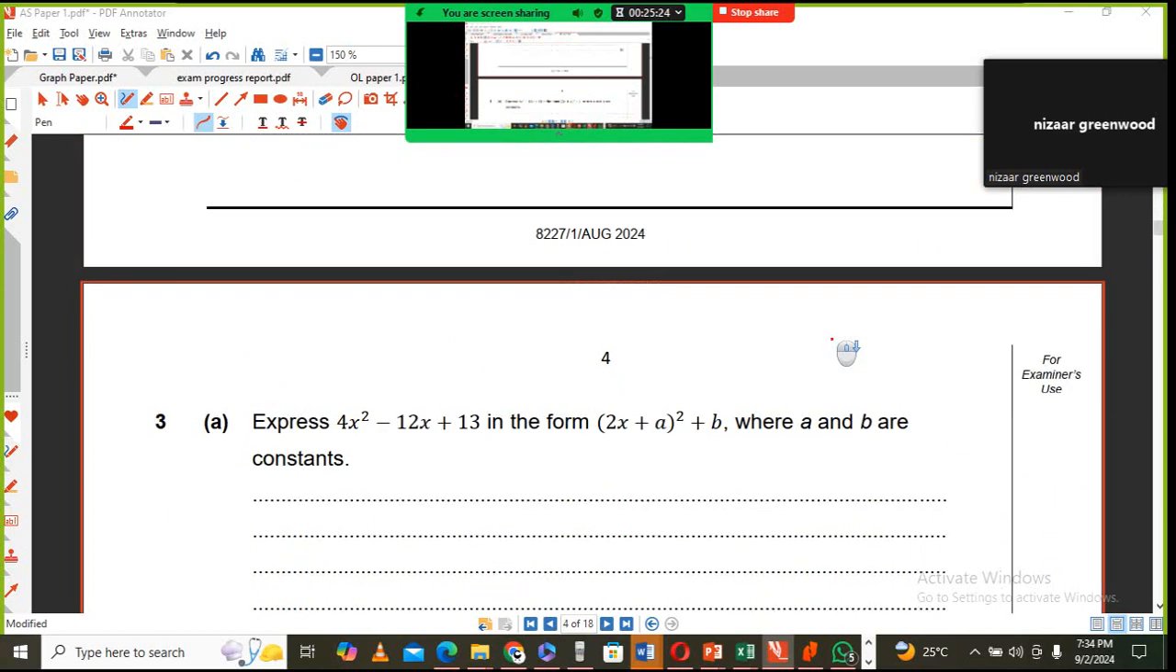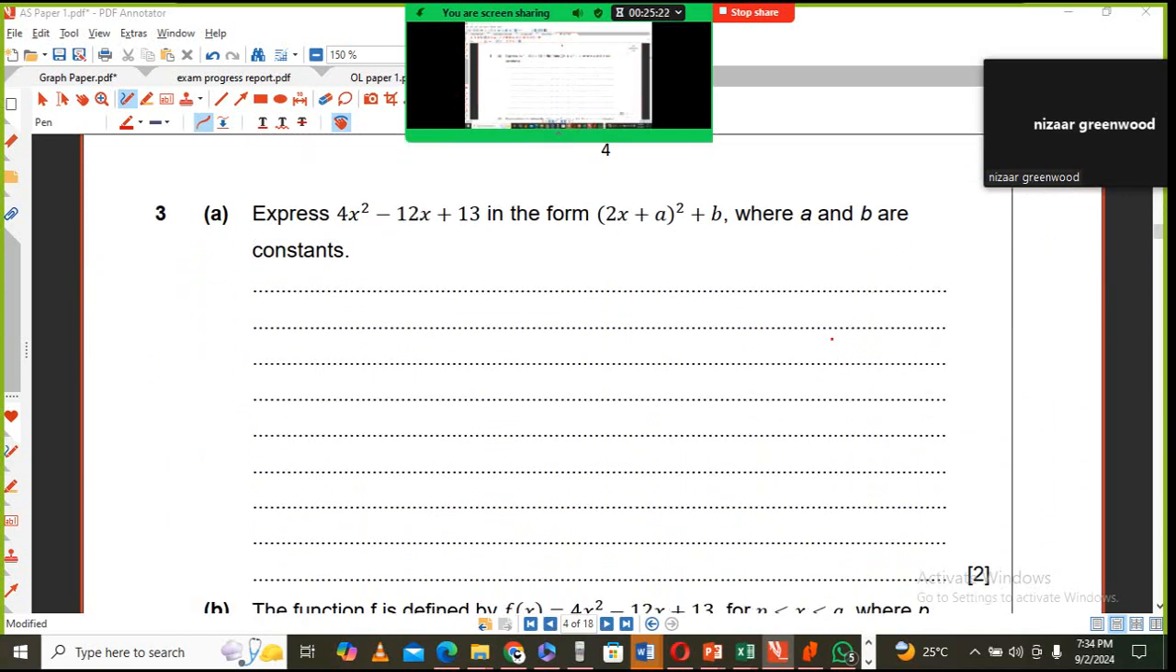While she's trying to get hold of Natalia, did you try to do question 3A? Yes, sir. And what was your answer? My B equals 4. Okay, that one is easy. And your A? And my A